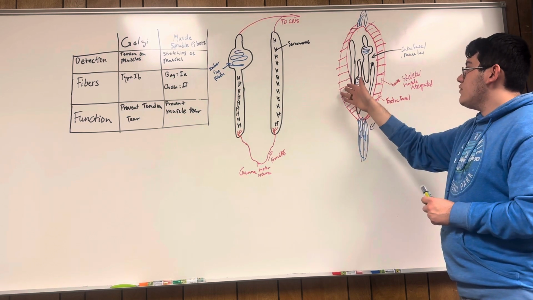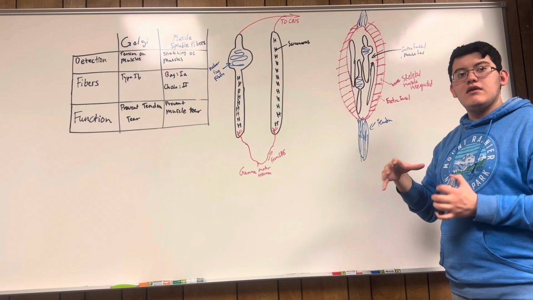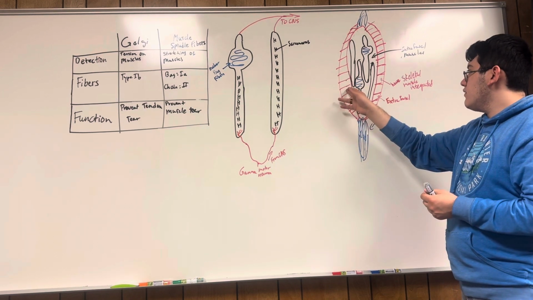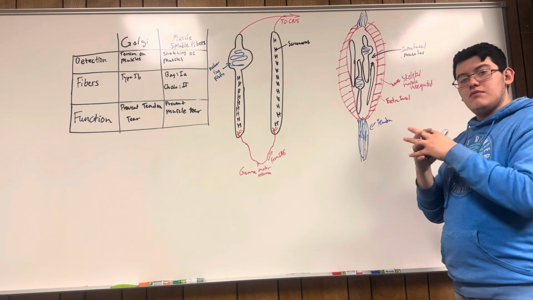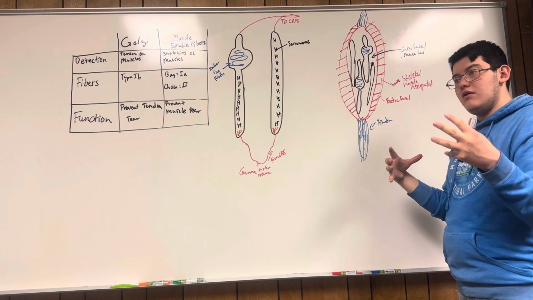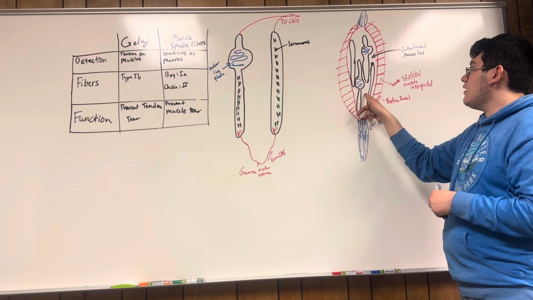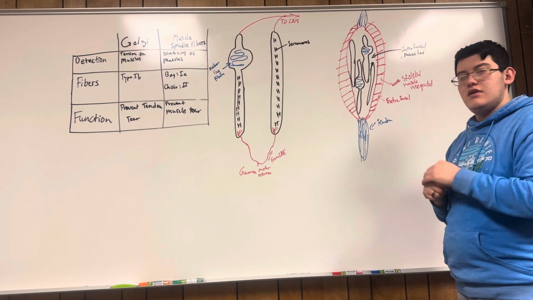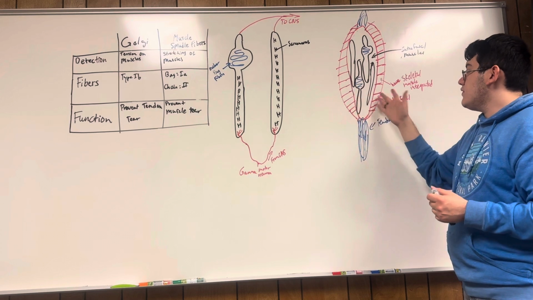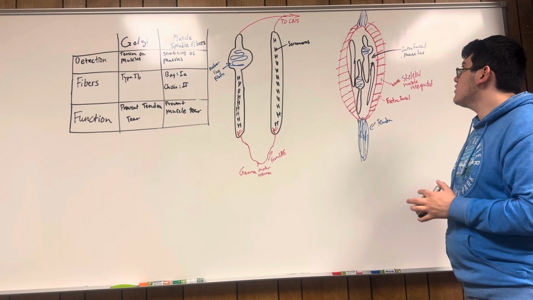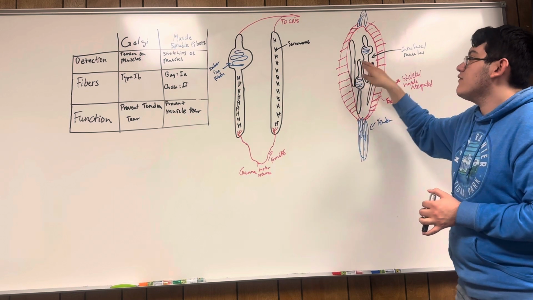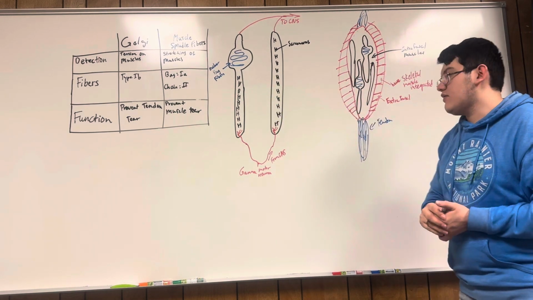Whenever the muscle contracts or stretches, it causes the extrafusal fibers to stretch as well, which also causes the intrafusal fibers, which are these parts inside, to stretch. And so they make a chain here to stretch. As you can see, these look very similar to these. That's because the intrafusal